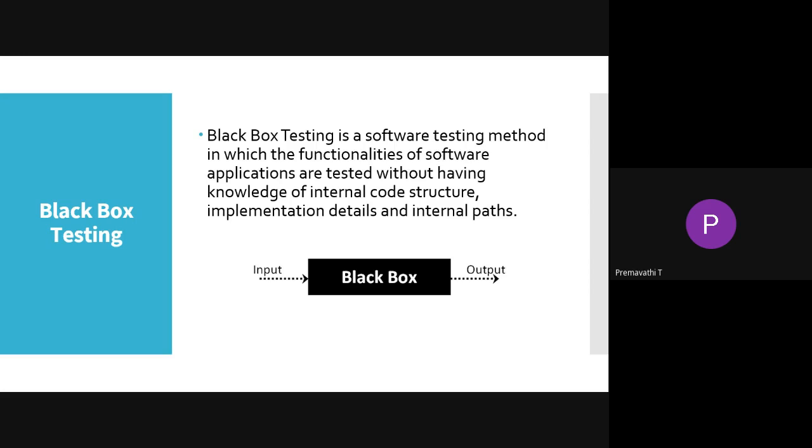First, we have to check the requirements and specifications. Second, we have to choose the valid and invalid input. It will include both positive and negative scenarios. The third one is, as a tester, we should determine the expected outputs for those inputs. And the fourth step,